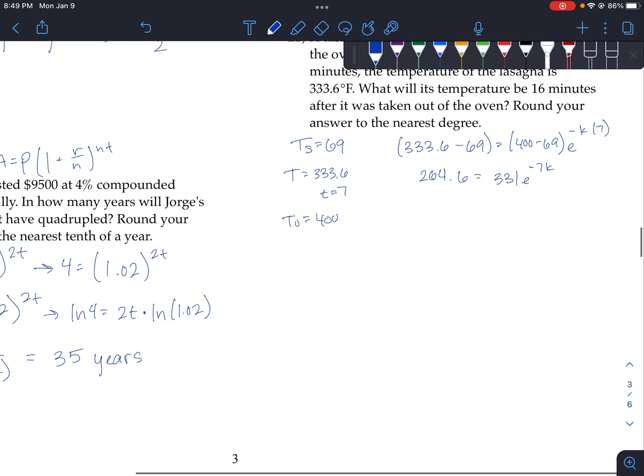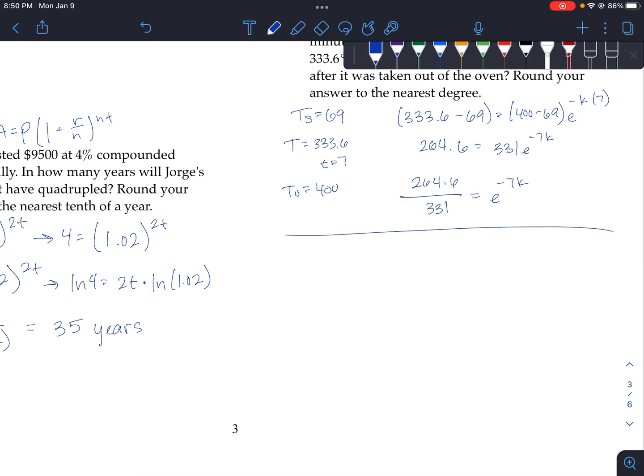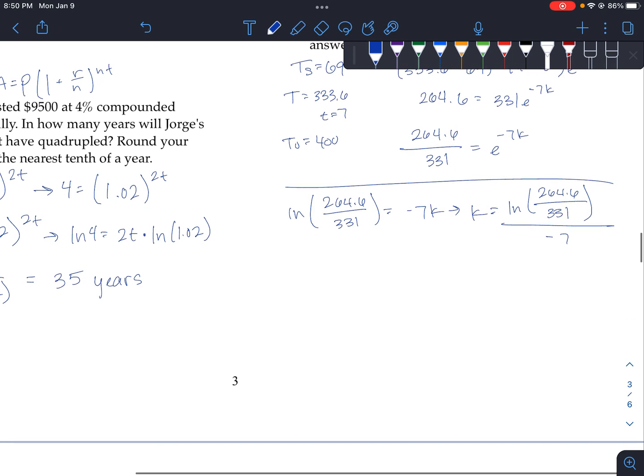I can divide by 331, so I get 264.6 over 331 equal to e to the negative 7k. I'll take the natural log. So the natural log of 264.6 divided by 331 is equal to negative 7k. So the constant will be equal to the natural log of 264.6 divided by 331, and all of that divided by negative 7. Okay, if you plug that all into a calculator,